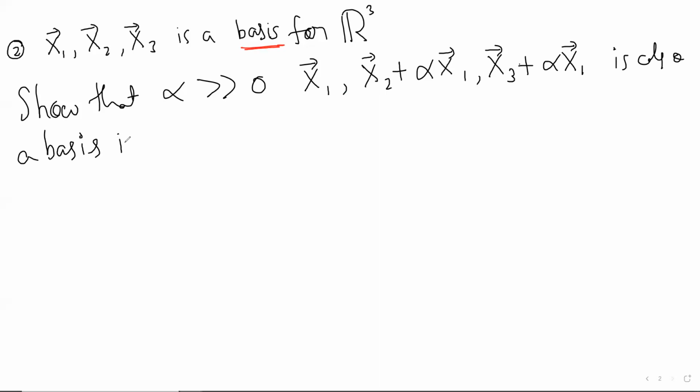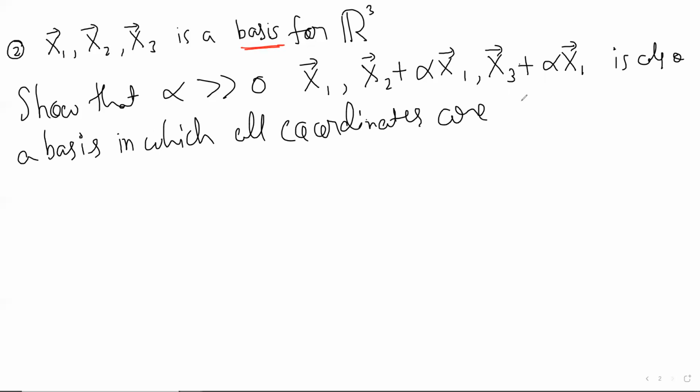Coordinates of all the vectors are positive, in which all coordinates of all the vectors are positive. And it's given that x1 has all coordinates positive. That's what I was thinking. Yeah, how will this happen? Yes, and x1 has all coordinates positive. So let us